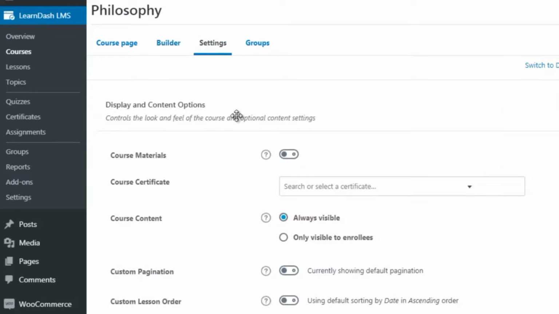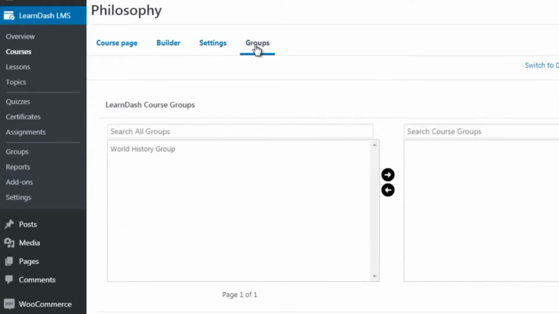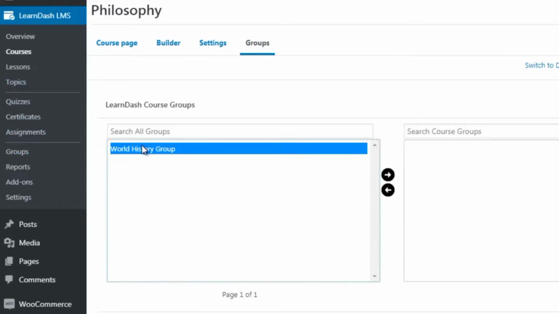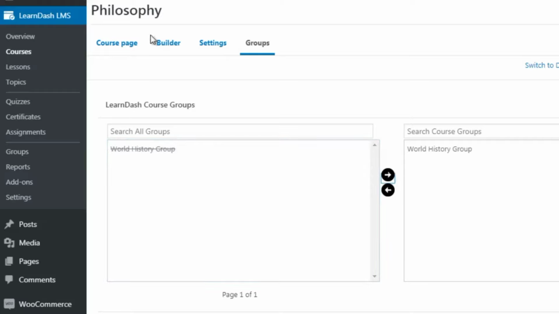So we've got settings, and we've got groups. What's nice about this is you can create groups. As you can see here, I've created the world history group, and you can say the world history group over here has access to this course. So anybody who's taking this course is automatically put into this particular group.